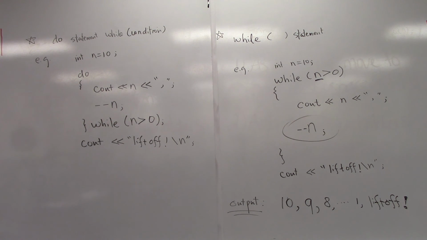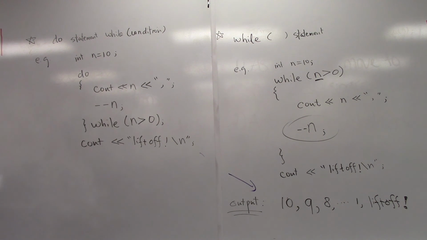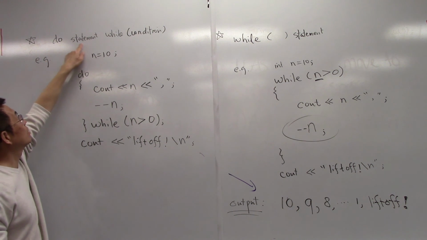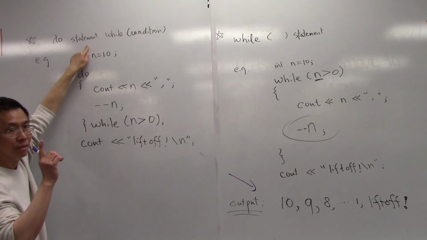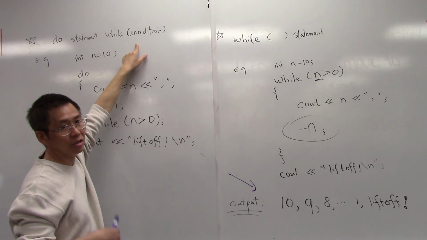If we rewrite the code from the while loop to a do loop like this, for this particular case, the output is exactly the same. Okay, like this. So how is a do-while loop executed? It will first execute that statement once, then check the condition. If the condition is true,